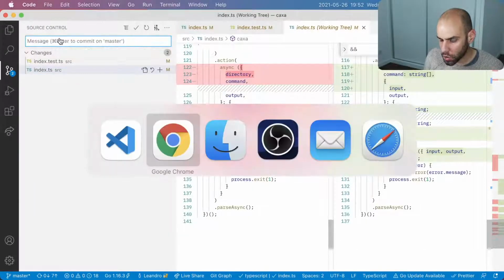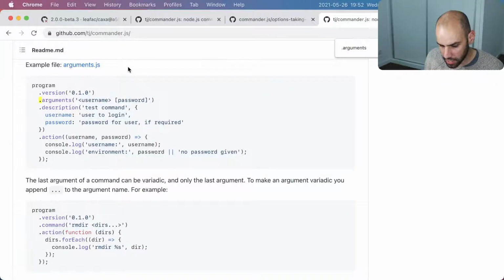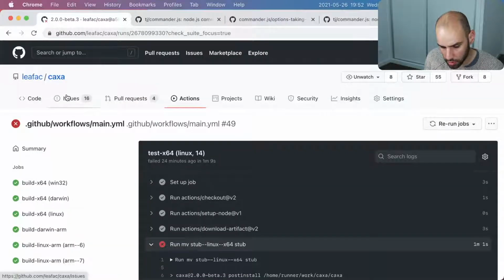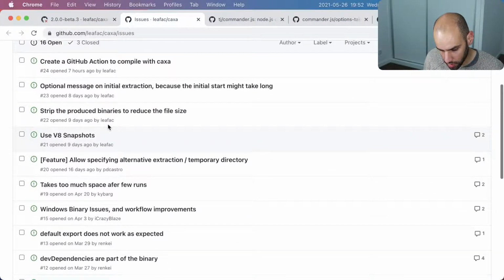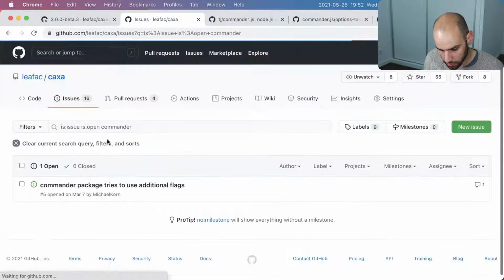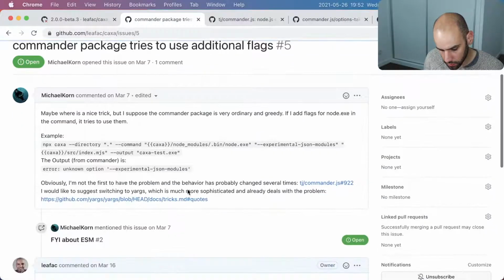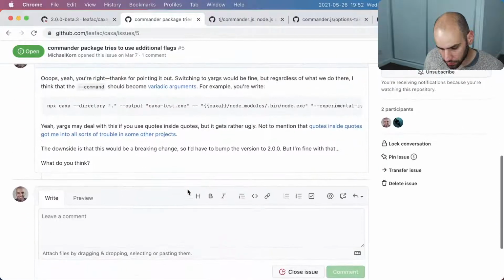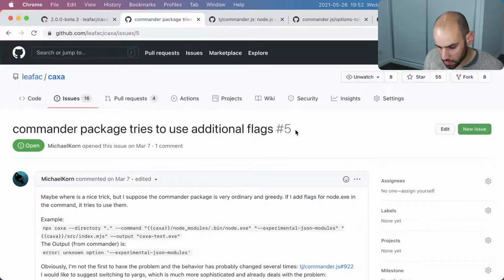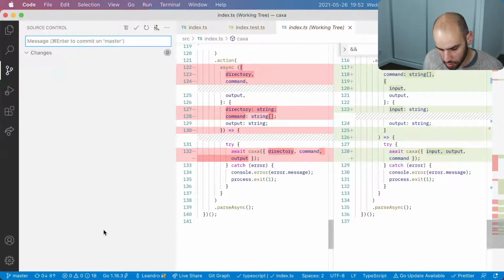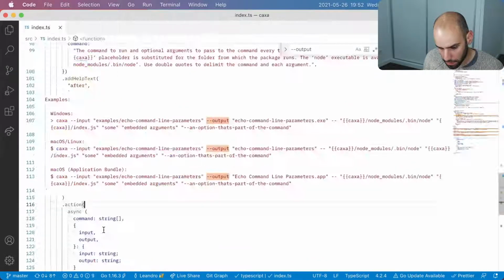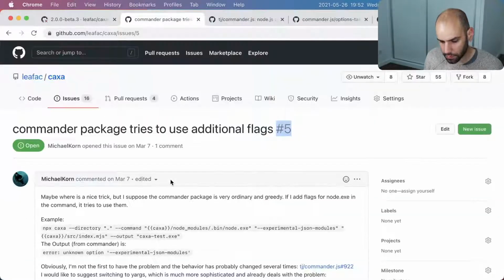But in this case, usually I commit with an empty space, but in this case I actually have a commit message that I want to include, which is this. So yeah, it closes number 5. Cool stuff.